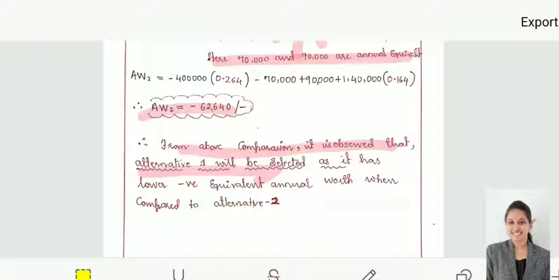Okay, so these are the different cases for the present worth method and annual equivalent method. Solve these numericals using the compound interest table and understand the concept well. I will be giving a few more examples in the notes. So in our next lecture we will be seeing numerical problems on capitalized cost and rate of returns.